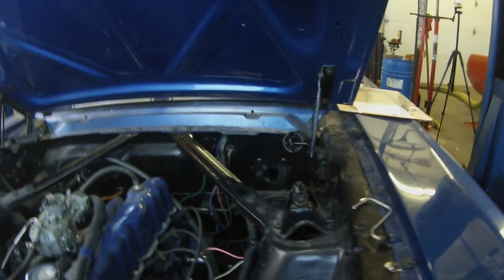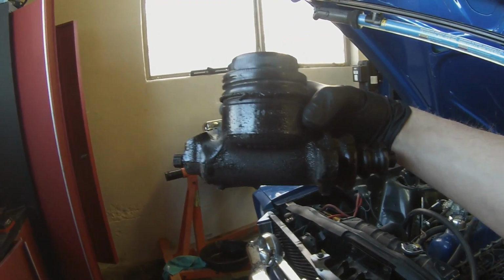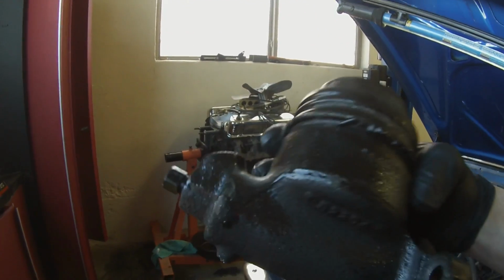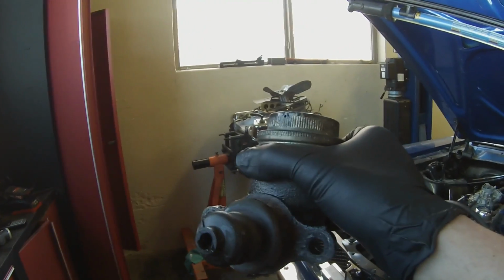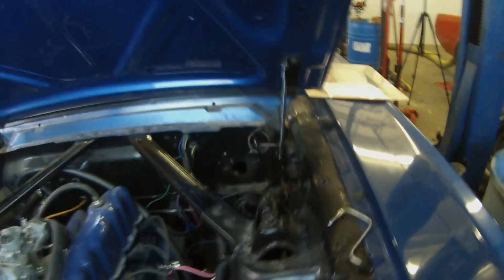So in 65 and 66, these Mustangs came with a single bowl master cylinder. Very small reservoir, not much room for air. If you had a brake fluid leak, you would lose all your brake fluid and thus lose all of your brakes. So in 67,